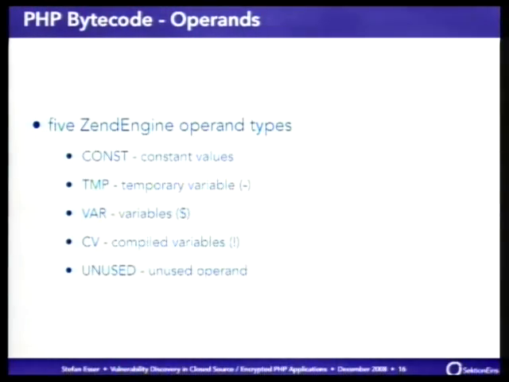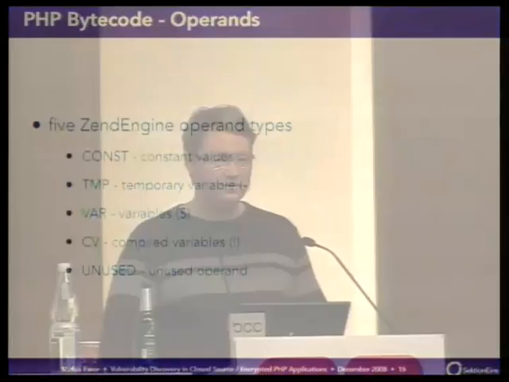So when you see this kind of operand used, it's usually the reference to a real PHP variable. With PHP 5.1, there was a new type introduced, which is the CV, the compiled variable type, and this is basically the same as the var type, with the difference that